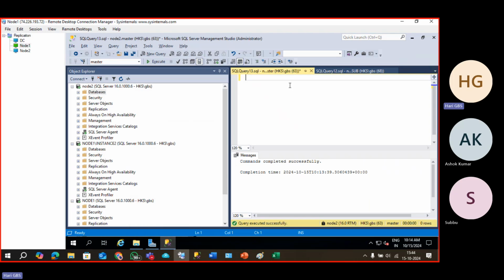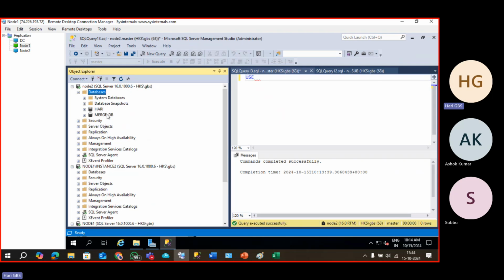Student table, use which database it has, mergedb. Use mergedb,